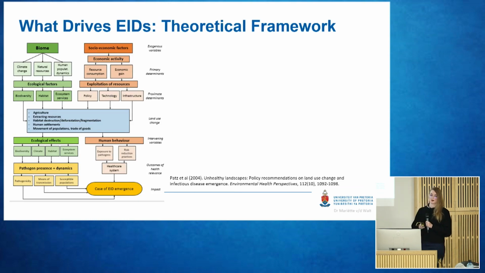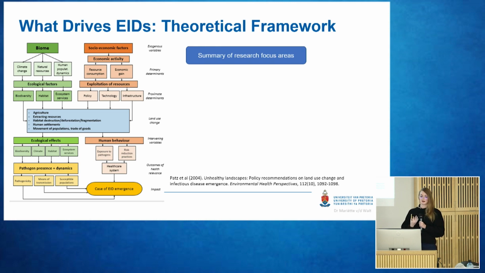So this framework, I really like this framework. Everyone in my lab has seen this framework before. And it's quite similar to the Swiss cheese model that Ava showed us yesterday, in that it shows us all of the different factors that all work together to eventually lead to a case of your emerging infectious disease emergence. But I think it's a really nice model because it gives us a summary of the research focus areas that our group is specifically interested in, but anyone interested in studying all the different factors related to zoonoses and emerging disease emergence can use this as a framework where,